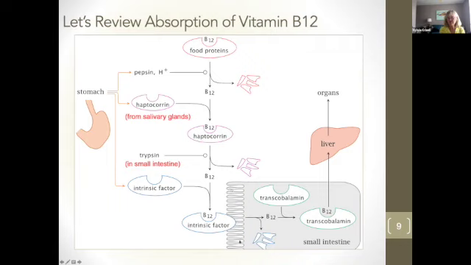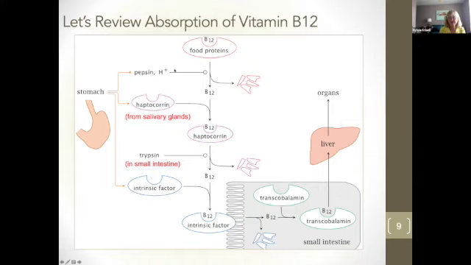Remember, absorption is when a compound gets into the cell. So what's going on here? We're talking about what's in your mouth, what's in your stomach. It's in the actual digestive tube, and so it stays in there. B12 is in the gastrointestinal tract until it gets absorbed in the small intestine. The reason I talk about this is I think it really helps so much to have a visual. So if you know hydrochloric acid,